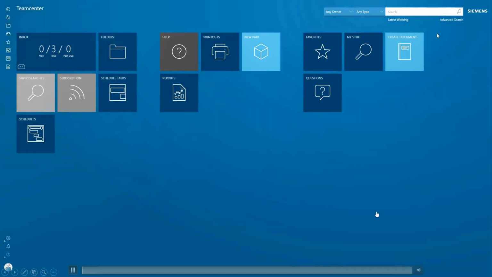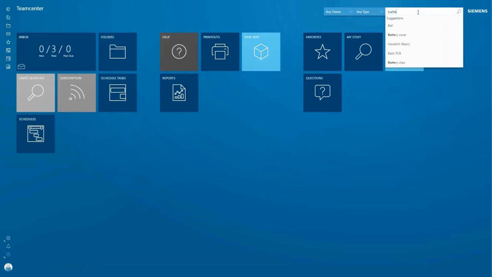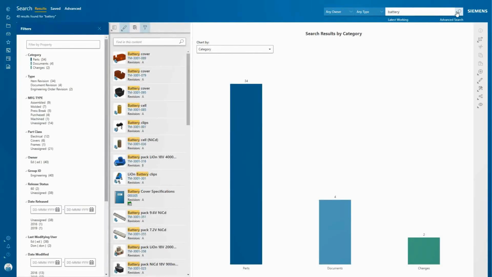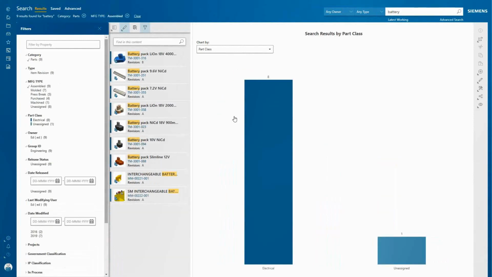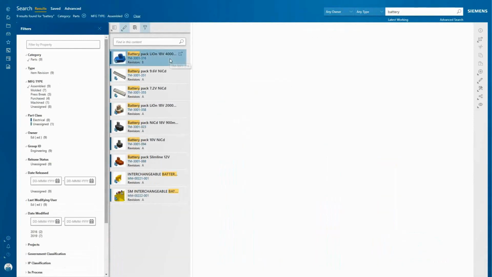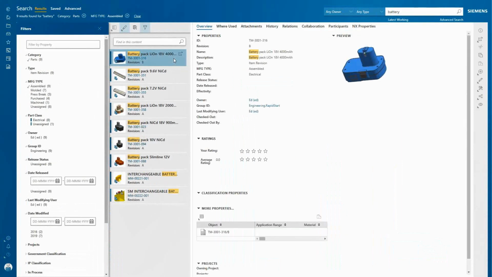So if we start with that, again, we'll do another search in Teamcenter, and you can search on attributes, or you can just do a 3-word search like we did here. In this case, we're searching for a battery, slightly different from the previous one. I get my results of the most pertinent ones. Once again, I can navigate through the interactive results screen, find the battery pack, look at the overview of the part, the revision,